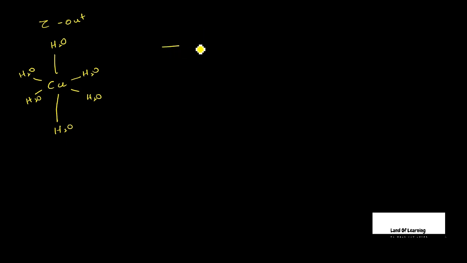So let me go through the Z out distortion. It's just the same thing, right? Here now we have longer bonds up and down and shorter bonds on the plane ligands, right? So here what we have is this one, right? These are the 5 orbitals we have. Here we have dx squared minus y squared, and here we have dz squared, and here we have dxy, dyz,